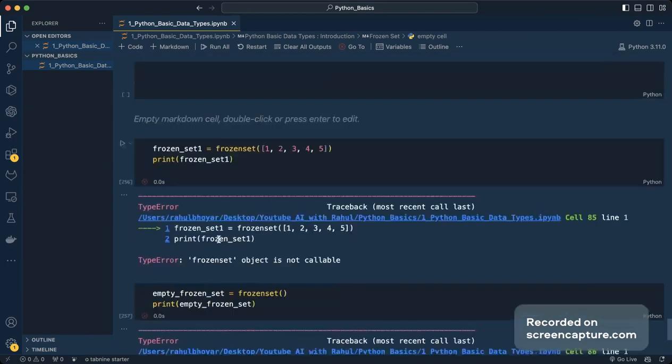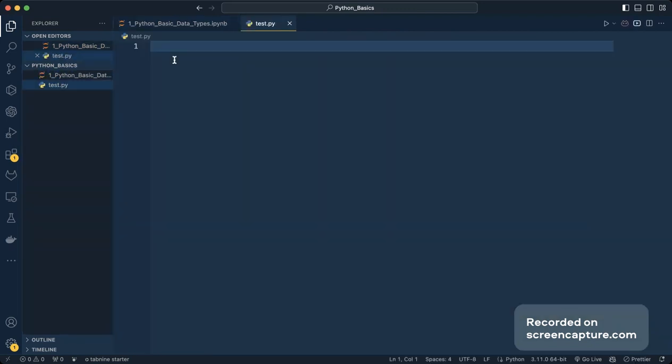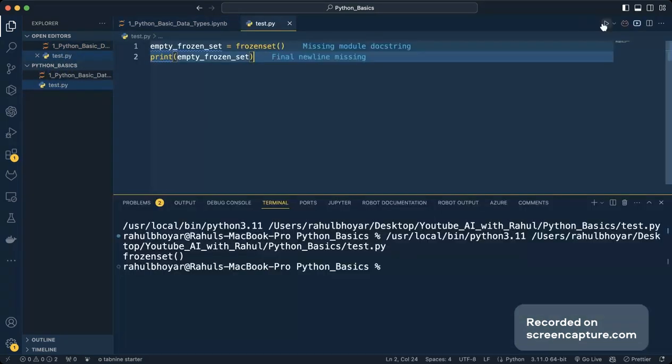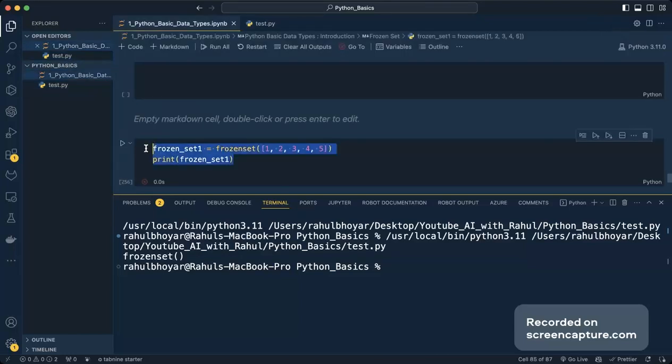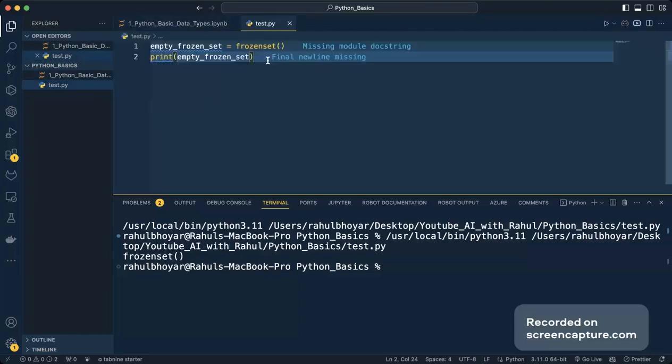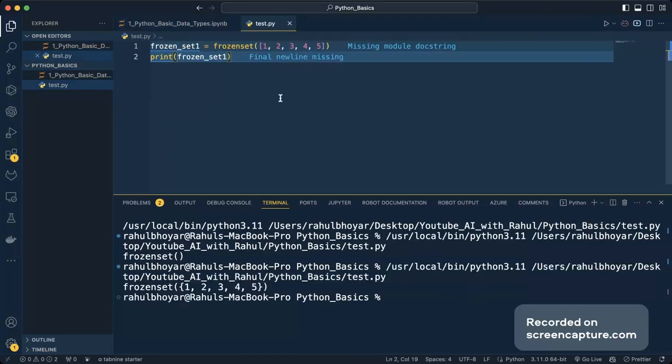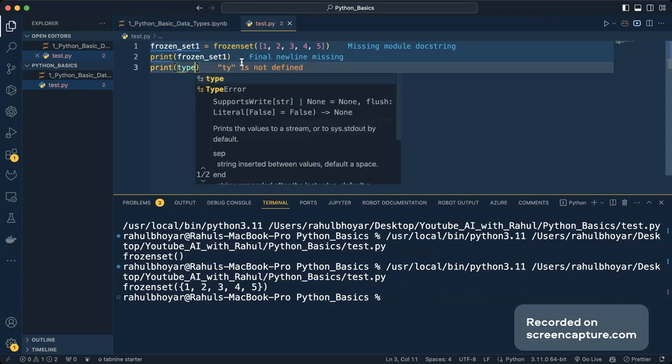Let's create a new file as .py. Control V. You can see it has picked it up. I'm not sure why it's not taken up over here, but you can see in the test.py it has taken this one up. So if I print the type of the frozenset,